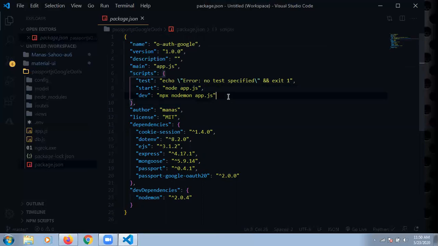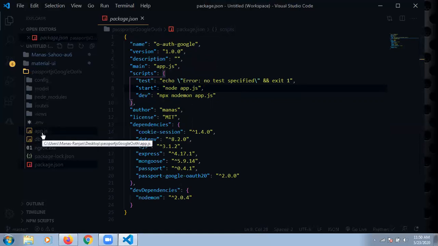Whenever you want to run some application, you have to mention the key-value pair of your start script inside the package, node app.js. Since the application's starting point is the main file, app.js, that's what I have to mention. If you write the code in index.js, you have to mention node index.js.